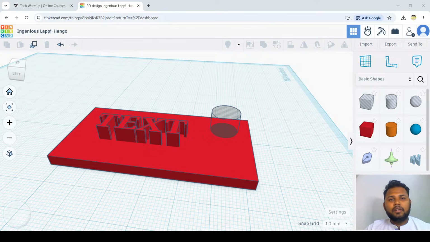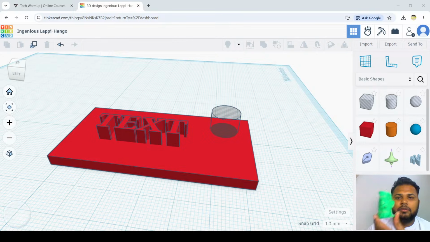So after the designing part, the next part is slicing. What is slicing? As you can see on the current screen, someone is using a knife to cut a slice out of an apple. That is called slicing. Just like that, before printing any 3D object in any kind of 3D printer, what we do, just like if you can see this object over here,